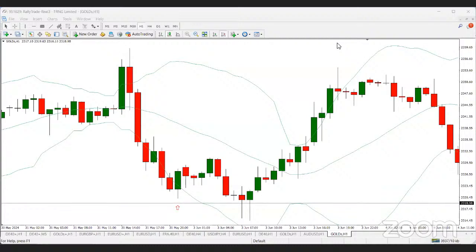But I don't do M1. M1 is 1 minute chart. I don't have any business with 1 minute chart. I don't want to kill myself, because that time frame is too fast. Now, I don't trade with indicators, purely price action, because that's what moves the market.